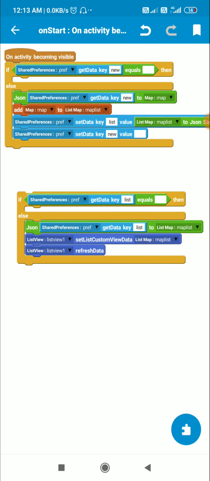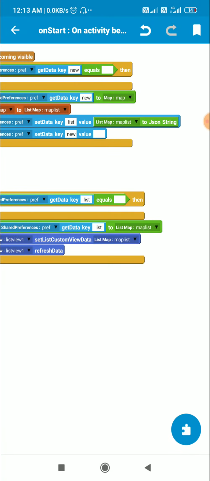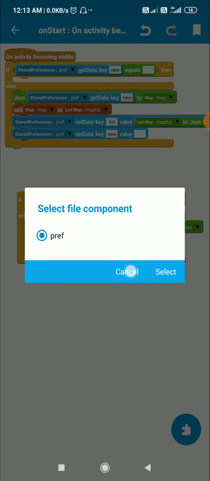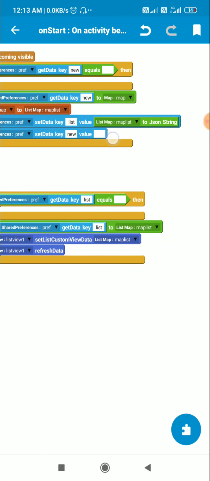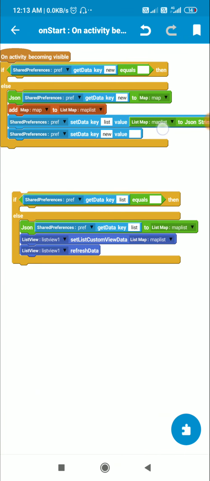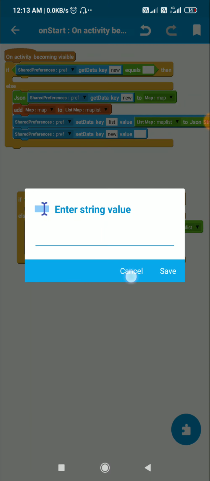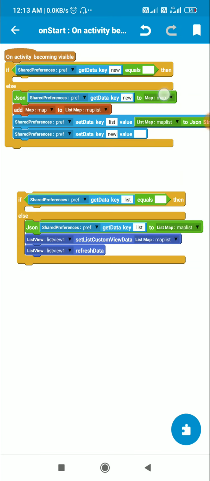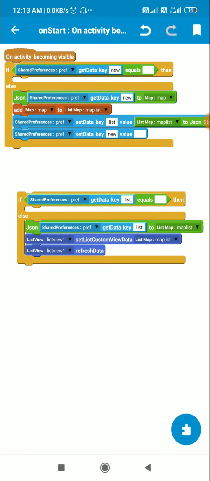So I add this map to map list, then I convert this map list to JSON string and save it in shared preferences using this key list. So this key list contains all the list data in the form of JSON string, and after that I set this key new to empty. So once I get the data from new to map, I can set the key new of this shared preferences to empty, so that next time I can add new data.